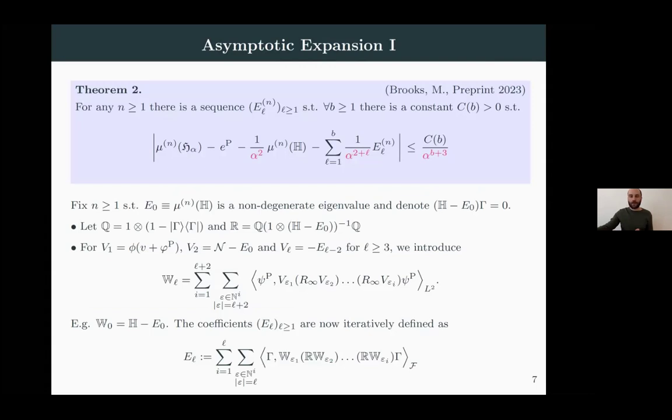So in this second theorem from this joint preprint with Morris, we extend this expansion to higher orders. And the statement is that for every eigenvalue of the Fröhlich Hamiltonian, there is a sequence of alpha-independent coefficients such that you can expand the eigenvalue in terms of an asymptotic series in 1 over alpha. So here we have the eigenvalue, and then we have the first two terms that come from the previous theorem, and then there's a series in 1 over alpha up to any order in 1 over alpha, and a remainder